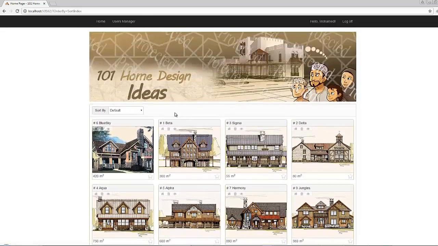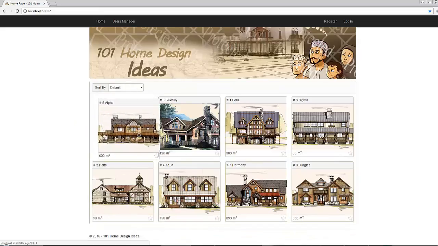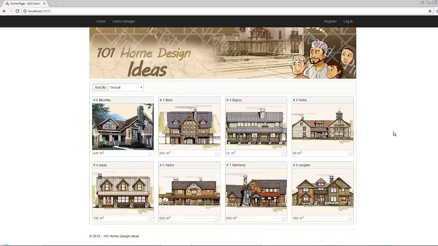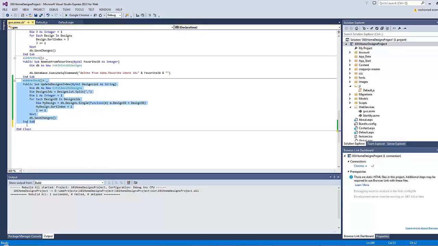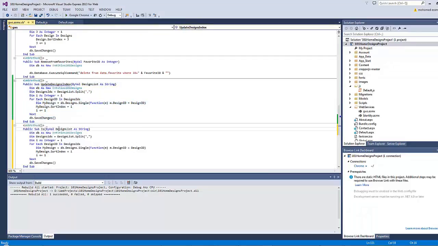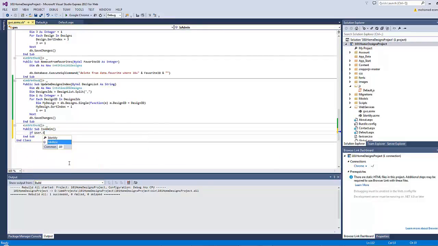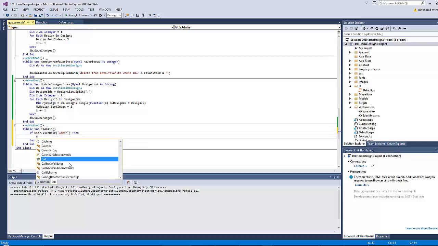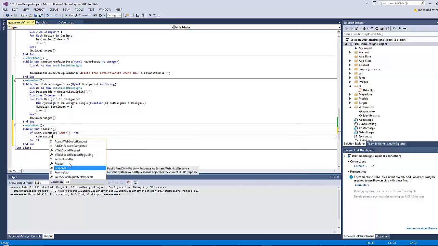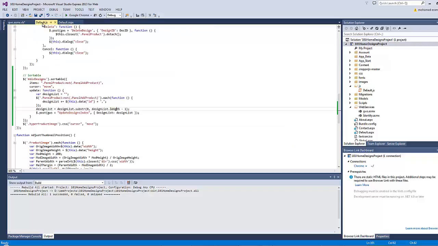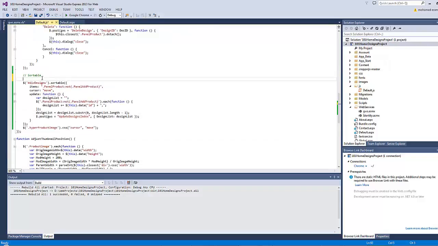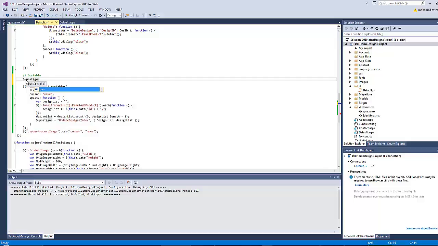Now my only concern here is that if you log off from the administrator account, any user will have the opportunity to reorder those designs. So in order to prevent that, I will have to go here and write a new method to check whether the current user is admin or not. I will name it IsAdmin, and I will type here if user.IsInRole admin, then context.Response.Write, for example, true, else false, and go to default.js, and here let's type the jQuery post function